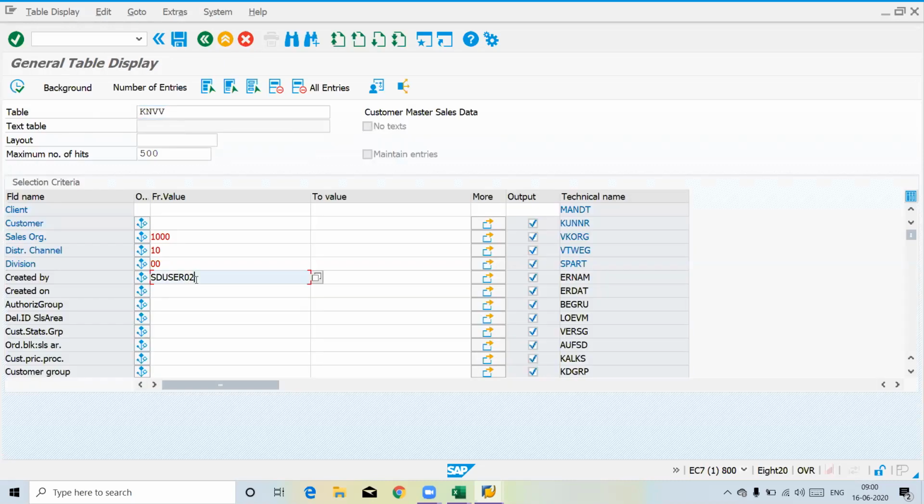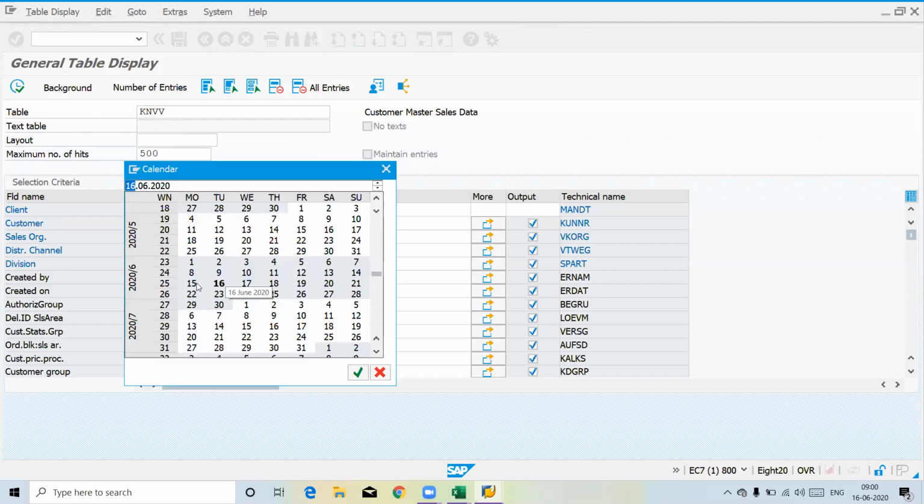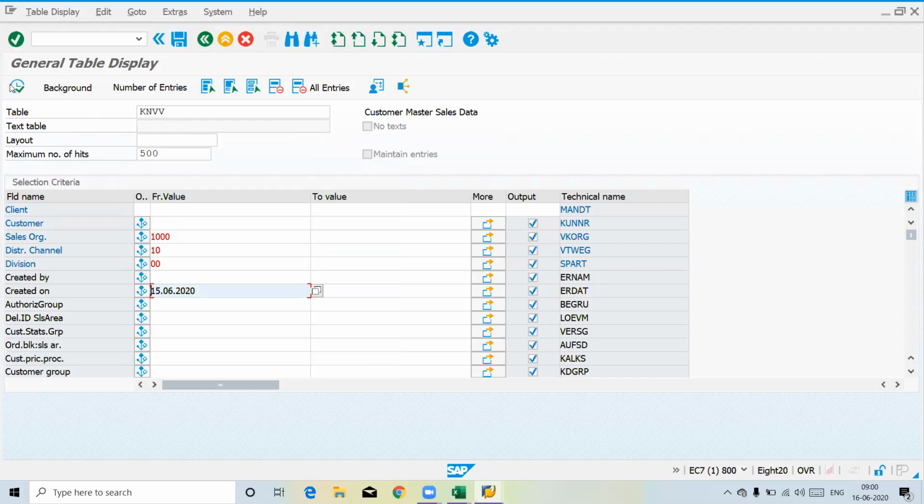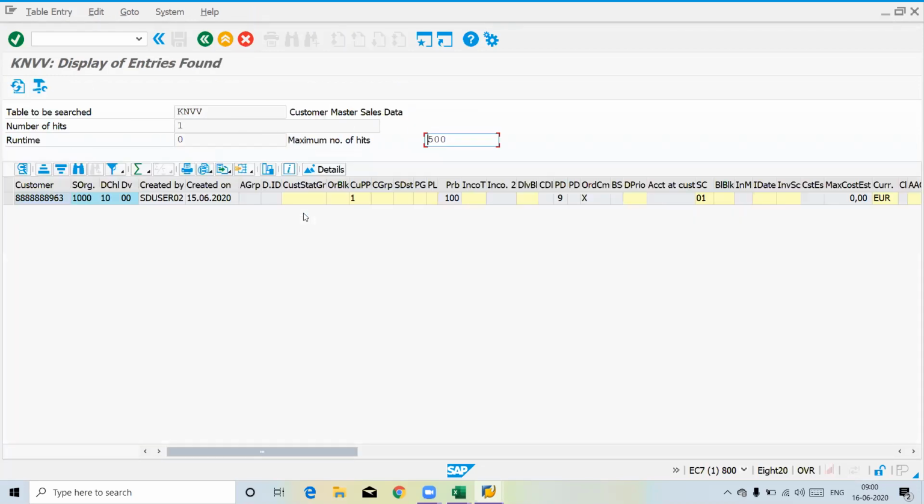So you can query by created by, or by your sales area in this table to find the customers. And if you remember the date, you can query by date also. Once you use these tables, you'll get to know that there are very few important tables in SAP SD. This is one of the key tables for your customer master data, sales data.